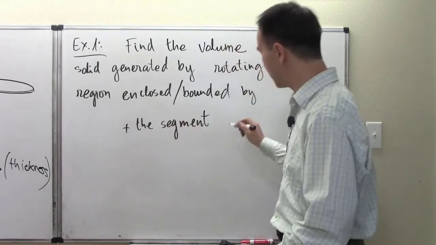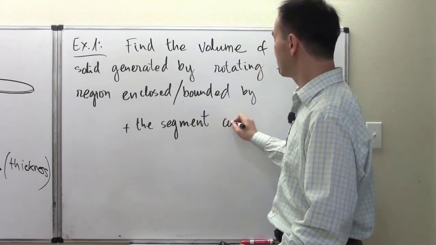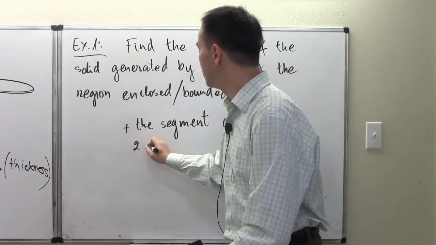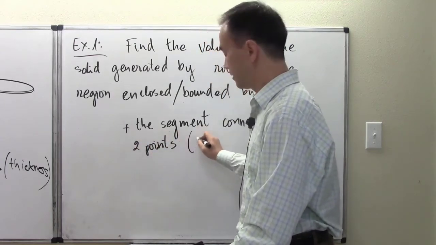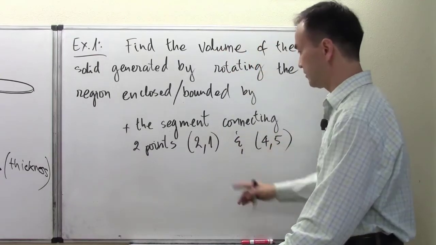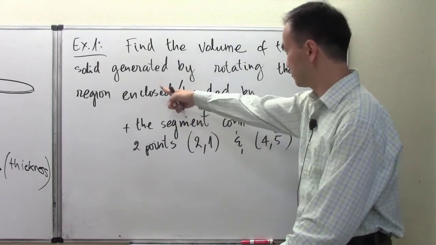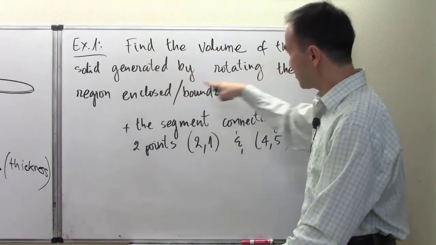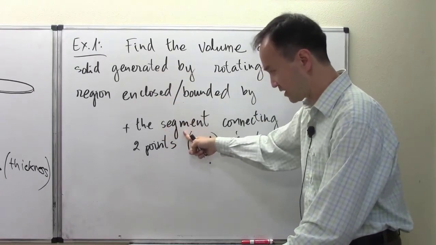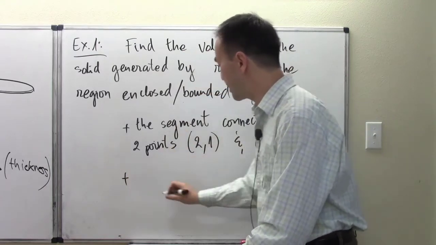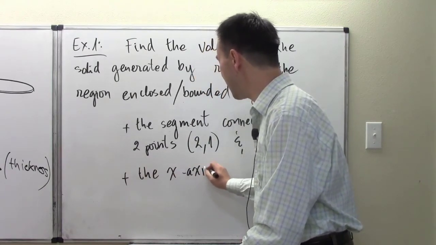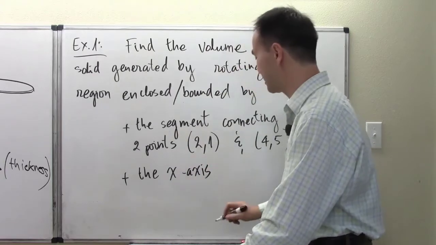Okay, so a segment, the segment that's connecting 2 points, (2, 1) and (4, 5). So we have one segment right here. Okay, so the solid is generated by rotating the enclosed region that's enclosed by first the segment right here, the segment connecting 2 points, and then the x-axis. Okay, so it's the area that's between the segment here and the x-axis, and then